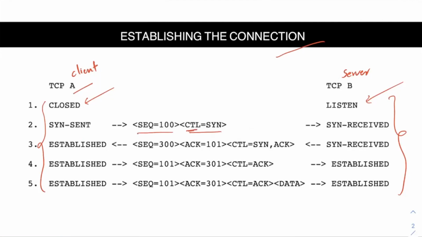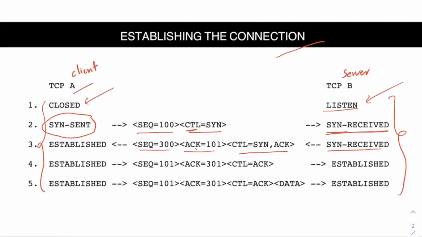There will also be a random sequence number. Now the state of the client socket becomes SYN-SENT. When the server receives this packet, its state changes from LISTEN to SYN-RECEIVED. Now the server sends a packet with the SYN and ACK flags set. It also sends its own sequence number and acknowledges the client request. The state of the server will still be SYN-RECEIVED.